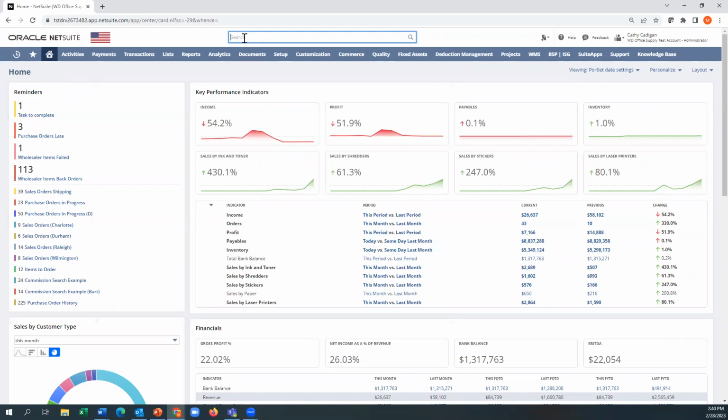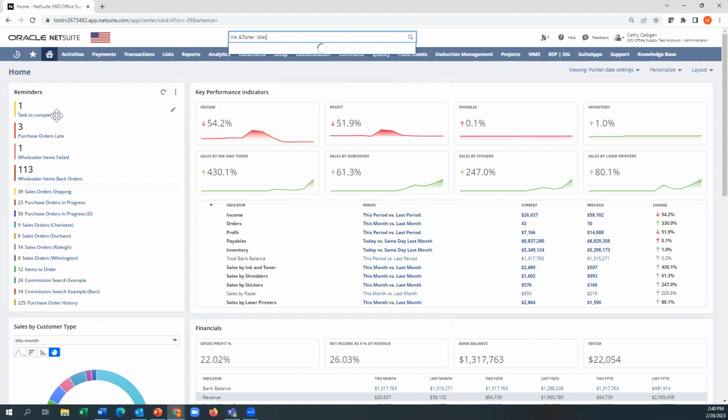The last thing I'll end up here with is the global search, and then we'll move into another role. But here you could type, for example, Ascendant, and you would find the vendor. Let's grab something like ink toner. Here's your items.